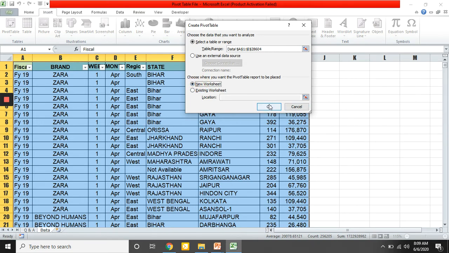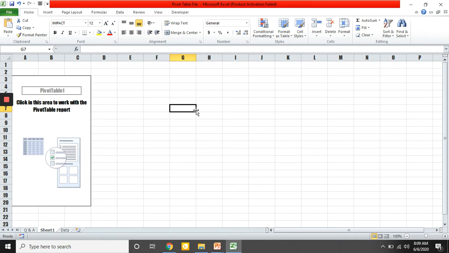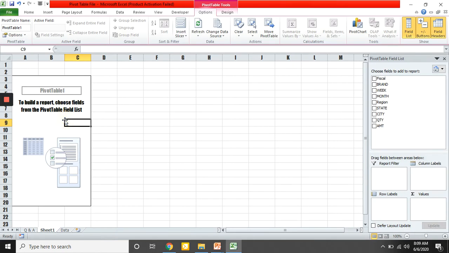Once I press OK button, you can see the pivot table has been generated in the new sheet. Now here, how to make a pivot table? You can see we have four square boxes on the right hand side. Once we click on the pivot table, they will activate. And once you click on the Excel sheet outside of the pivot table, they will disappear. Actually, let us click back in the pivot table so that they will appear.